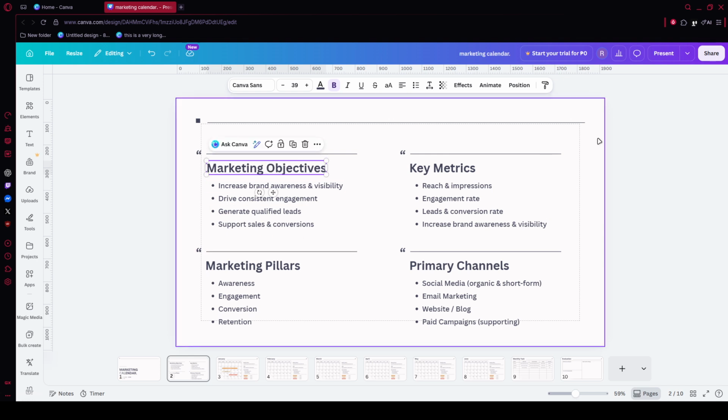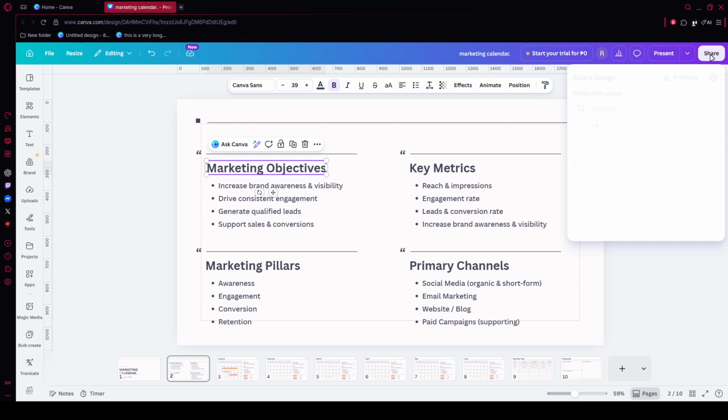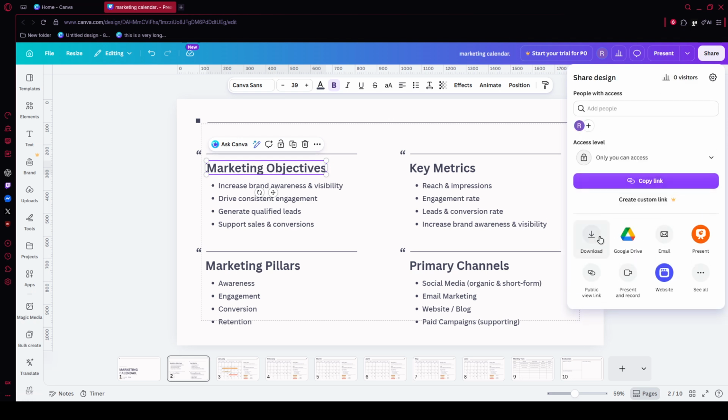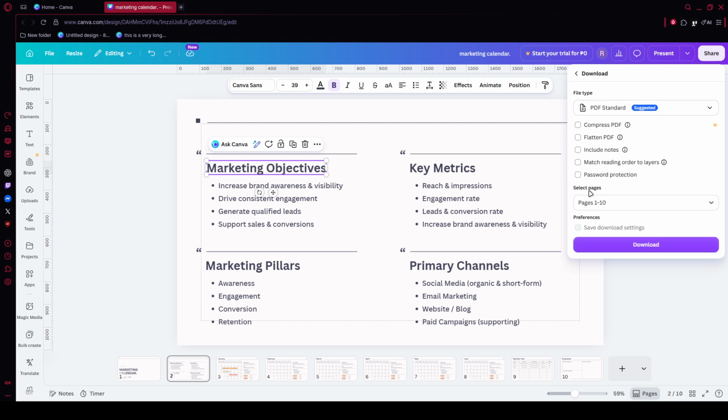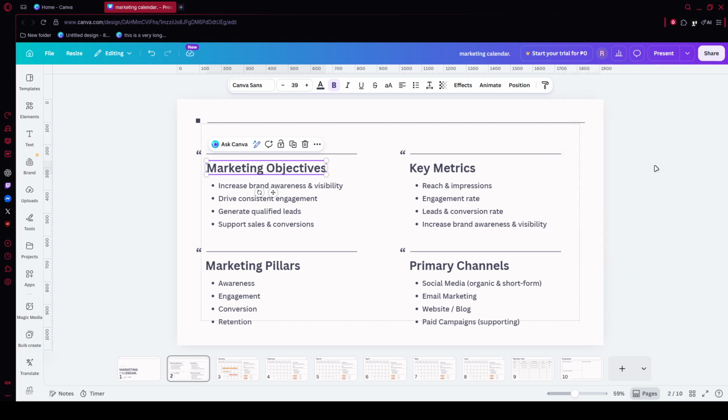When you're happy with the result, tap Share at the top right, then choose Download. Set the file type to PNG for a sharp, high-quality result, and tap Download again to save it to your phone. And that's it. You now know how to use Canva